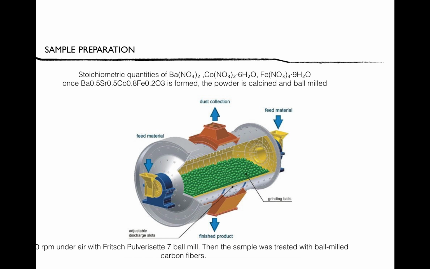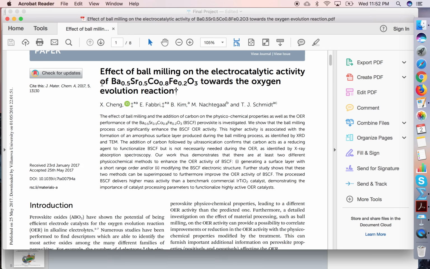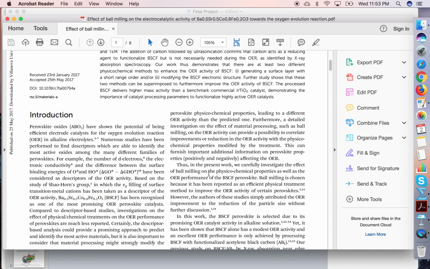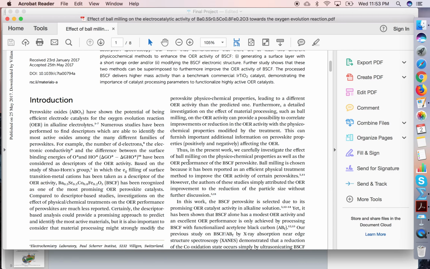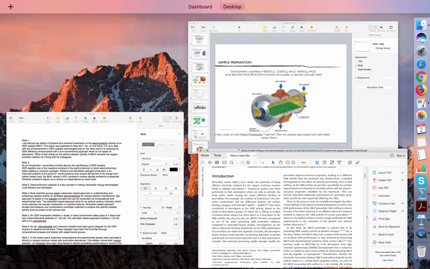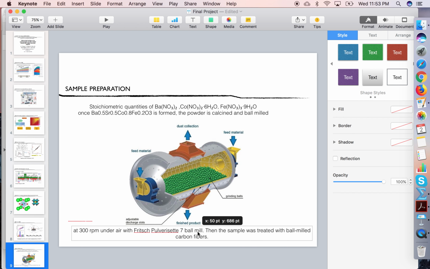So now we can come to this paper. Now we know the background. This paper by the Schmidt group. They have previously dealt with this material, and they have manufactured it through a different method. And now they want to look at how the ball milling is going to affect the activity, because